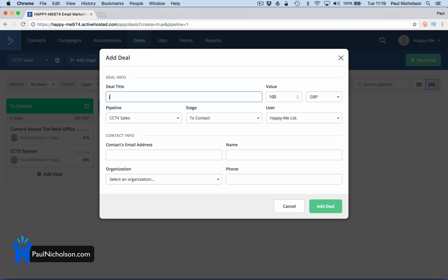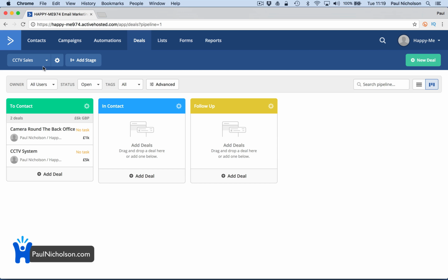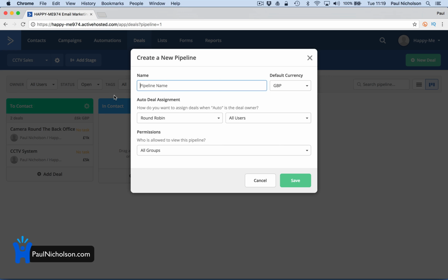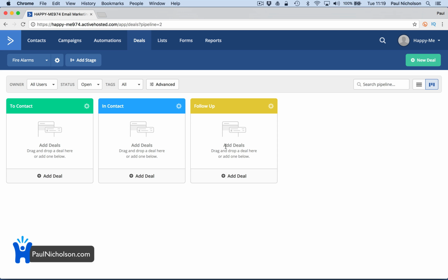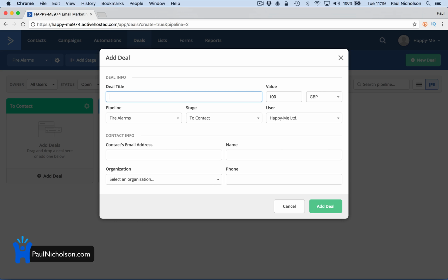New deal. John Smith. Let's do another. So we can add a pipeline. Let's do fire alarms here, right? I mean, you probably have a sales pipeline and then a marketing pipeline, or I'm not really sure how your pipelines would be. But let's say John Smith fire alarm,